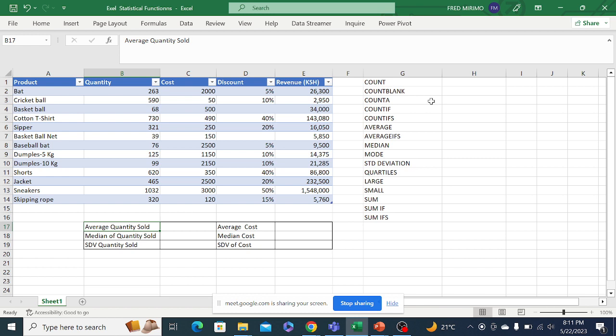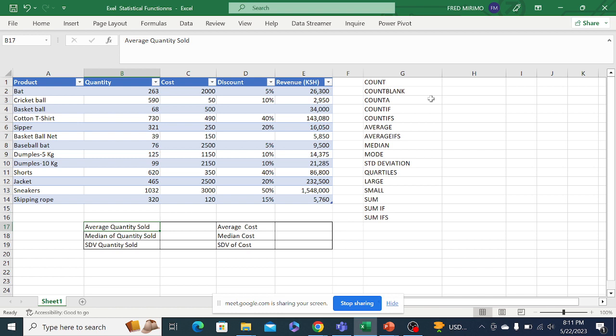We had looked at the application of various statistical functions in analyzing this data and trying to answer some of the questions that the business owner might be asking or may be interested to know, so that he or she can make a business decision